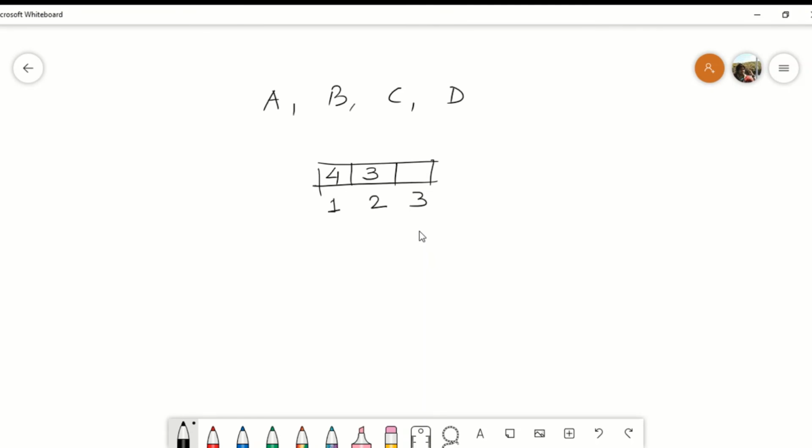And when I have fixed two players at first and second position, I'm only left with two more batsmen. So I have two ways to put the batsman on the third position. And from the theorem of multiplication, I know that the total number of ways will be 4 into 3 into 2, which is 24. Right?